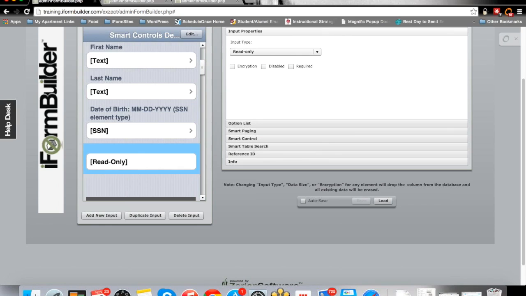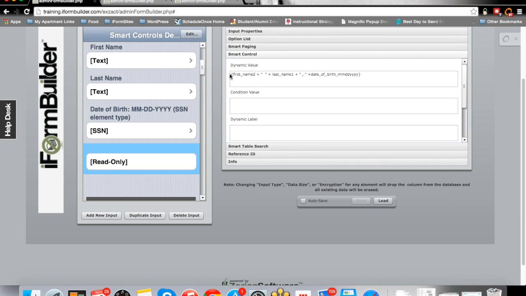Underneath that is where I concatenated all those responses. So in the smart controls, I had the squirrely brackets, and that's the first name 2 plus. And as you notice, I have this section that is just quotes with a space in between. This is so that the first name and last name do not run together. So keep that in mind when you add in some of your JavaScript, especially if you're using sentences. And so first name plus, and then my space, then last name